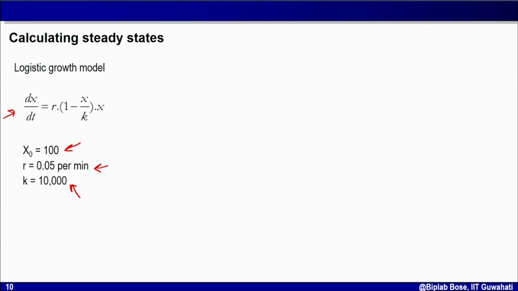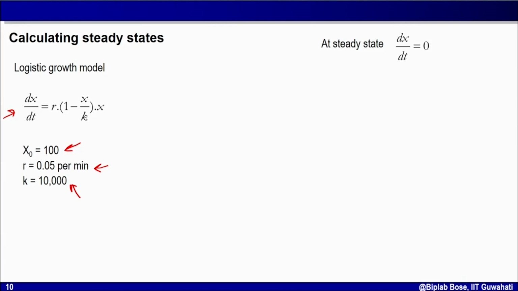I want to find out the steady states for this system. That means I want to find out the values of x for which dx/dt will be equal to 0. How do I use algebra to do that? By definition, at steady state dx/dt is equal to 0. That means r(1 - x/k)x is equal to 0, because that's what the ODE is telling me. Now once I have this relation, and r is non-zero, that means either